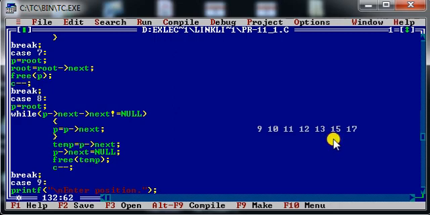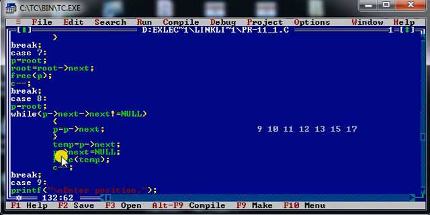Fine. Now when I come out from this loop, initially I am storing the address of 17. From where can I get the address of 17? I can find that with the help of p of next, because right now my p pointer is locating element 15. So in the next part of element 15, there will be an address of 17, and that is what I require. I would like to store the address of 17 in a temporary variable. So I am storing that by writing this statement.